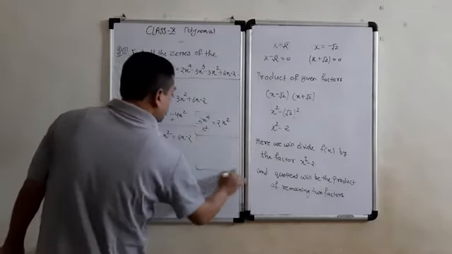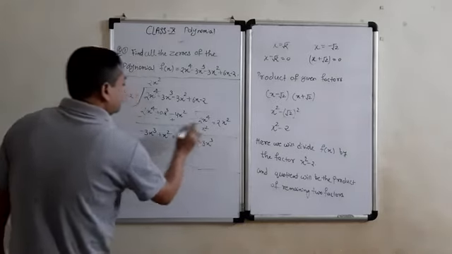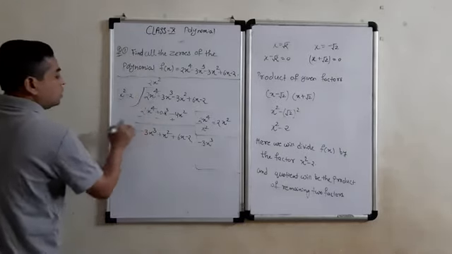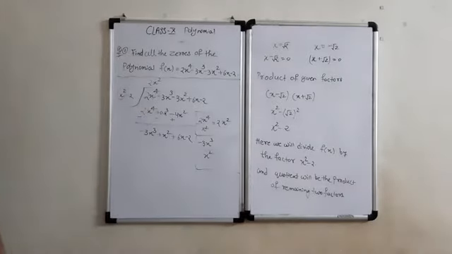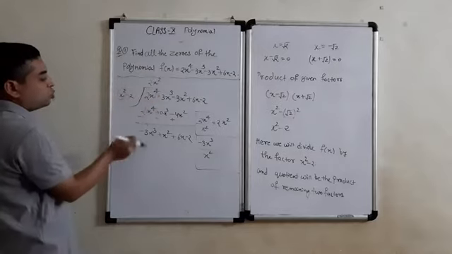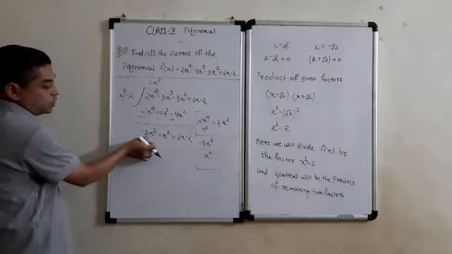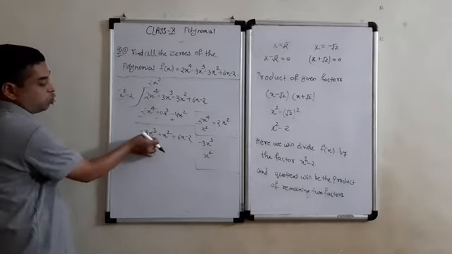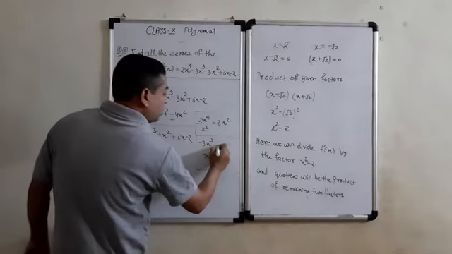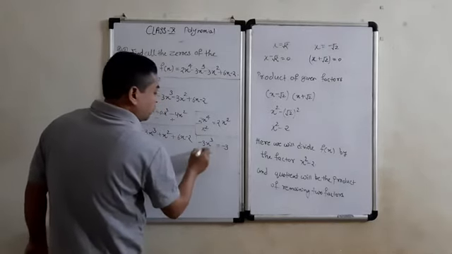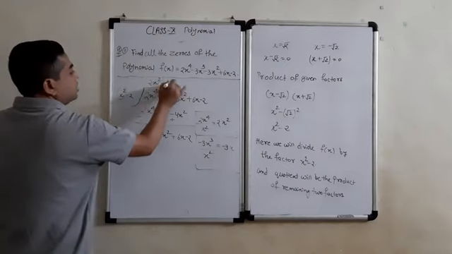Now again the first term, that is minus 3x cube, we will divide with the first term of the divisor, that is x square. Every time you have to do this. How will you know how many times we can divide? With this simple method: the first term of the new dividend, that is minus 3x cube, you divide with the first term of the divisor. So we will get minus 3x. So minus 3x time it will go.